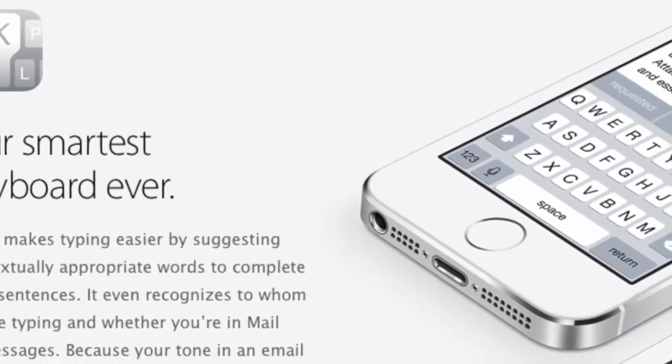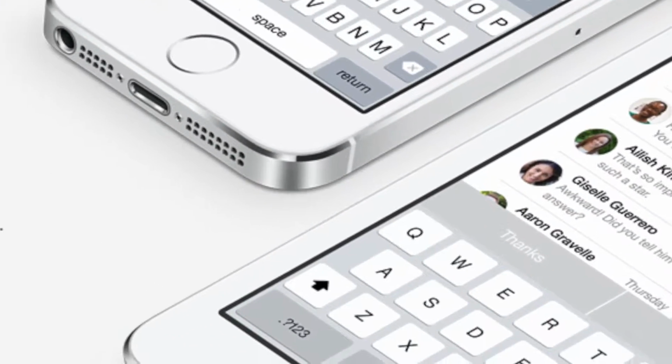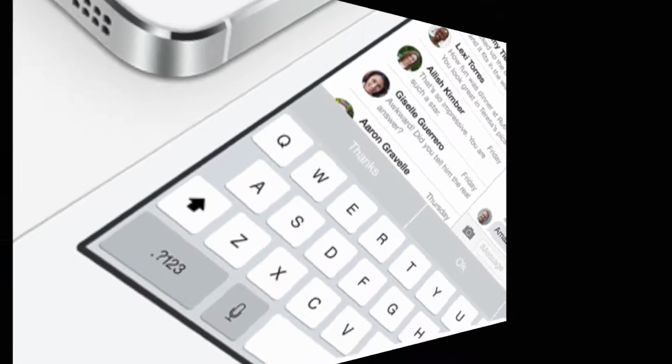And so another thing that they added in iOS 8 is custom keyboards. So now you can download third-party keyboards, which allows for things like swipe type, which Android has had for a while. And also, predictive type built in, which is awesome. And not only is it your average predictive type, it's personalized, and it also recognizes the people that you're talking to.